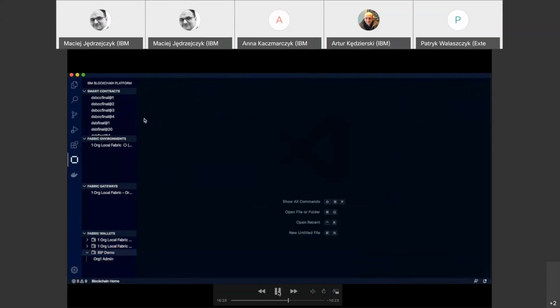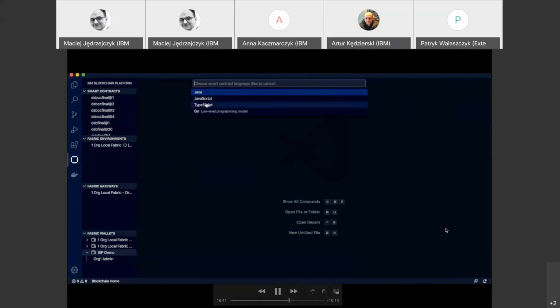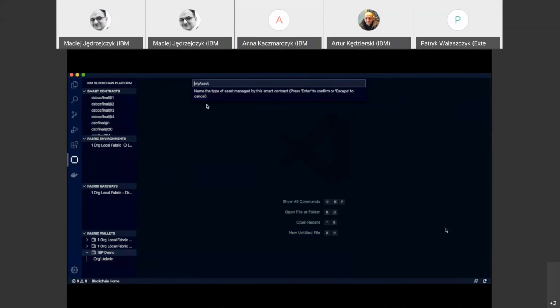What you can do now is create a new smart contract. So the extension for VS Code allows you to create a new default contract or the private data collection contract. We will go for a default contract without a private data collection. We then have to